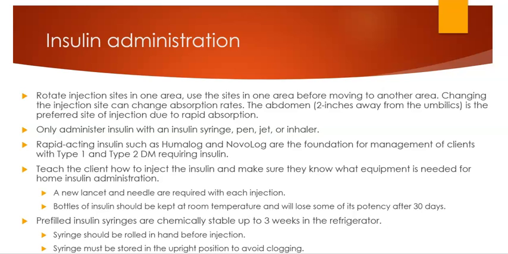You can inject some of them separately. Sometimes they can be mixed in the same syringe, so that's going to bring up the need to understand that when you're mixing certain insulins, your rapid, short-acting insulins are your emergency insulins. They are supposed to work instantly to lower your blood sugar. You would never want to dilute that with a long-acting form. So as you're getting ready to mix insulins, go back in your book and look at this. You would always want to inject air into the long-acting first and then inject air into the short or rapid-acting. Then draw up the rapid-acting medication before you draw up the long-acting or intermediate-acting medication,